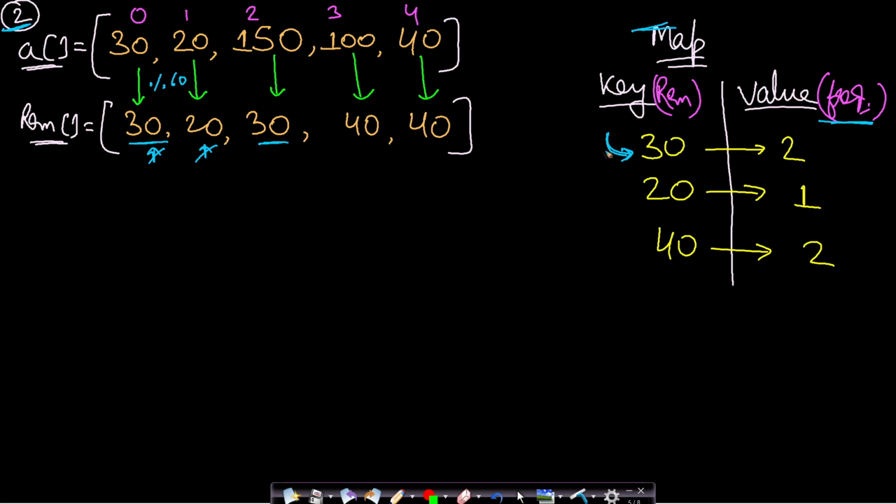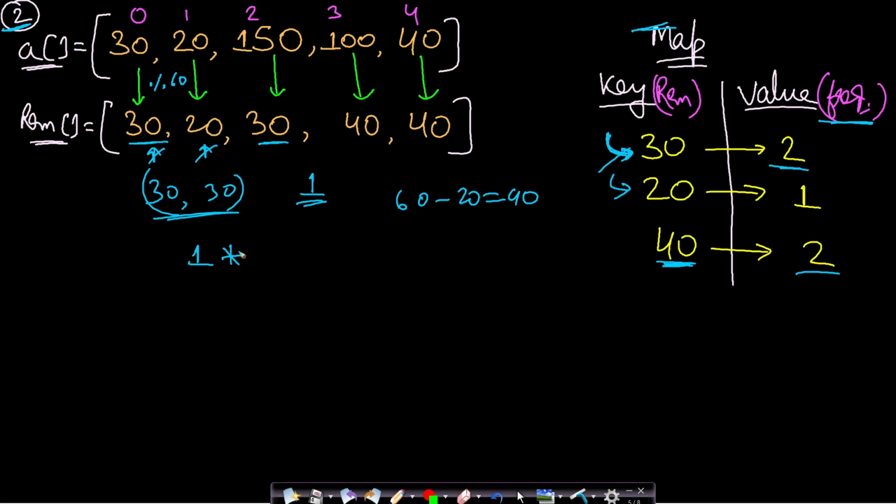Okay, so when you are at this 30, then there are two pairs. So for 30 you need another 30, right? So this 30 two times will be basically contributing to just a count equal to 1. That means only one pair will be available using two 30s. Now when you are at 20, then you need 40. Okay, because the divisor value is 60, so 60 minus 20 will be 40. Is there 40 available? Yes, 40 is available and the count is 2. So the number of combinations which you can form using 20 and 40 will be equal to count of 20, which is 1, into count of 40, which is 2, which will be equal to 2, right? So you had one combination using 30, two combinations using 20 and 40.